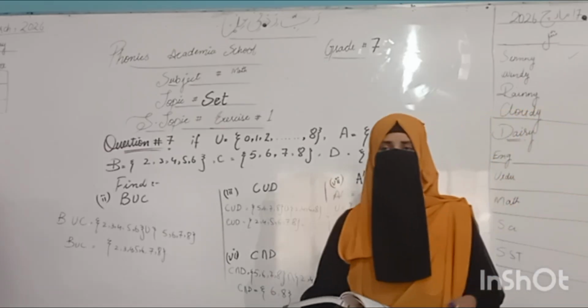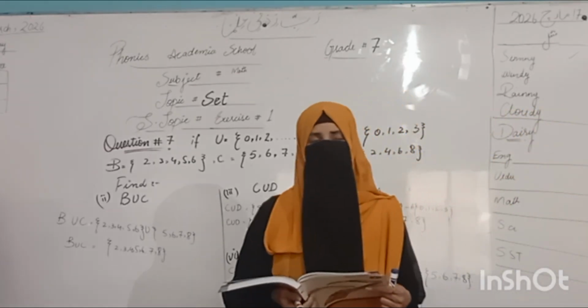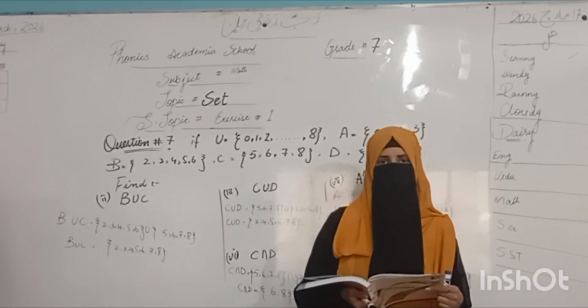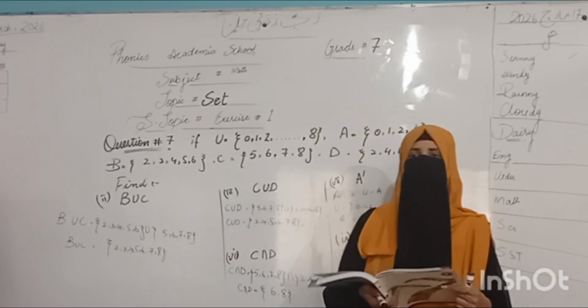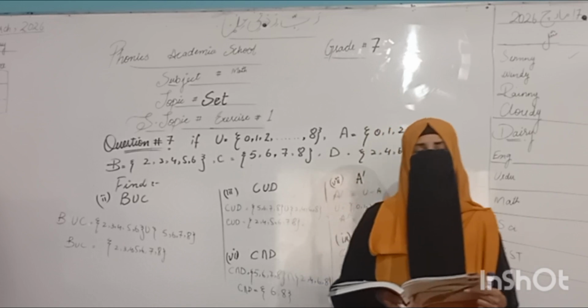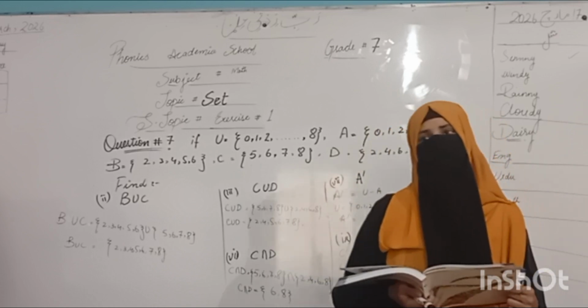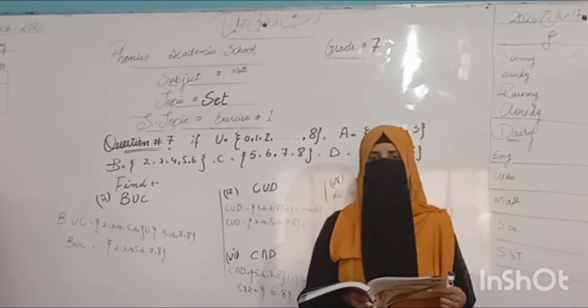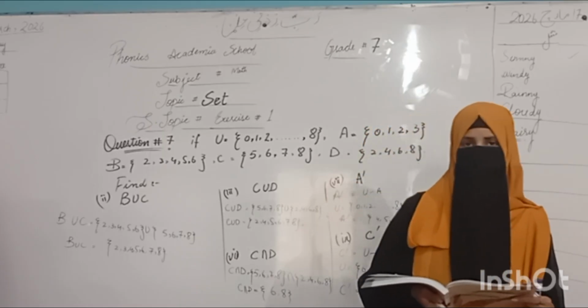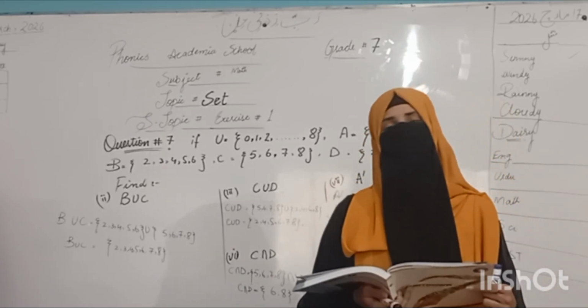Students, in this exercise you will find a union. You should know what a union is. Then the intersection, you should also know what the intersection is. If you go through questions number 5 and 6, you have to do union and intersection. Today one new thing is to know what is meant by universal. Three things you have to do in this question: what is the union, what is the intersection, what is the universal.